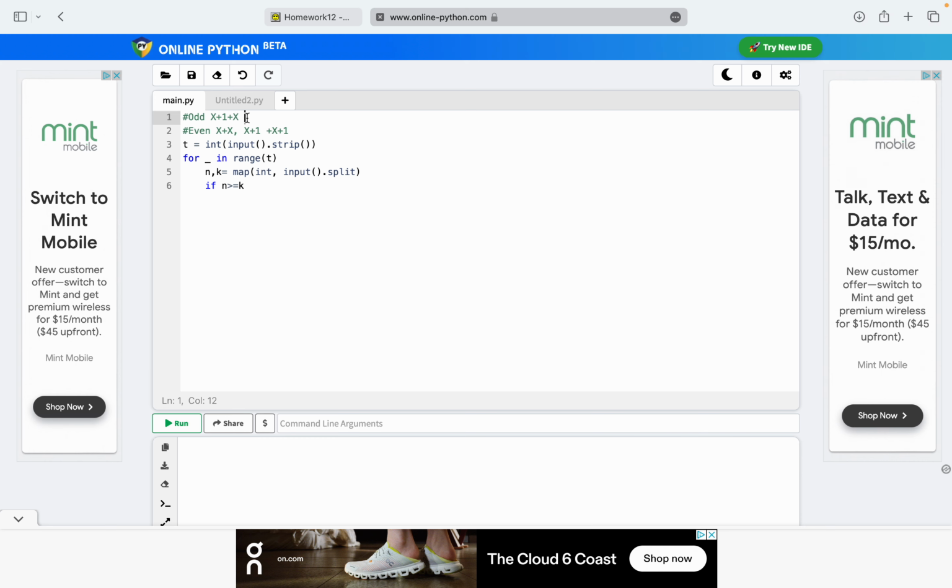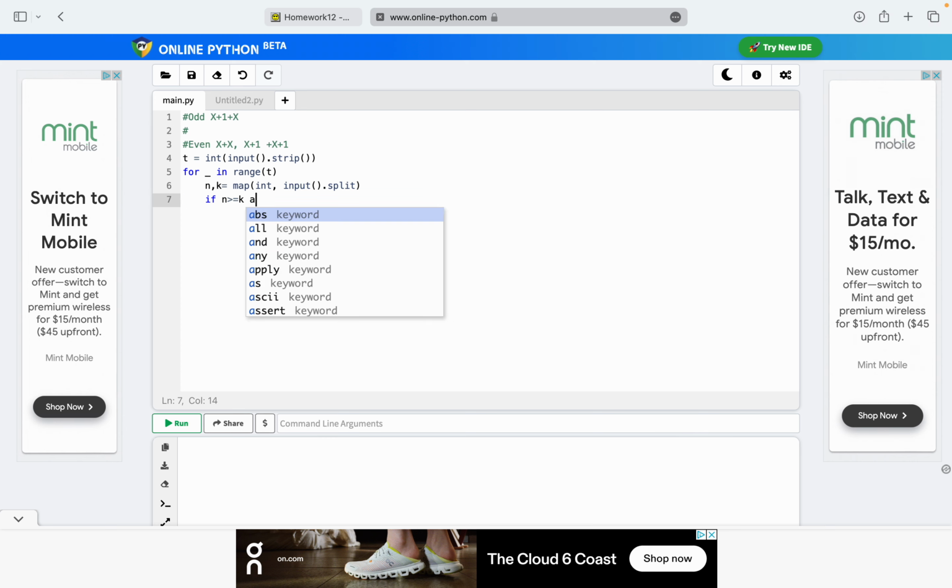Because if we're testing for odd numbers, then we're going to start off with 1 plus 1 plus 1, etc., till a of k, and when we get to a of k, we'll subtract the amount of ones we have from n. So let's go here, and now we have to see if